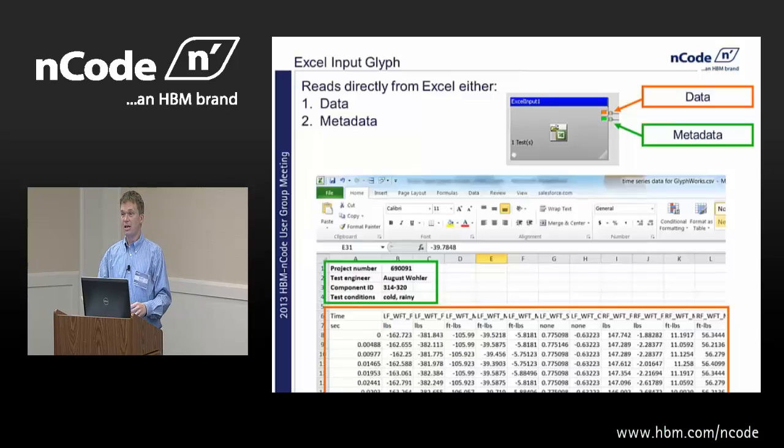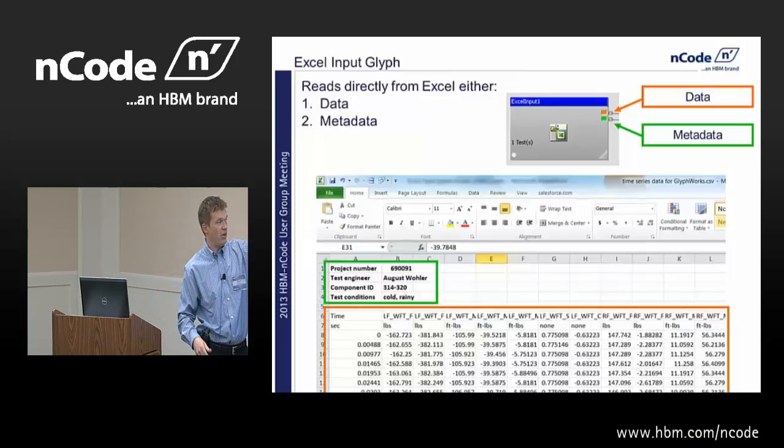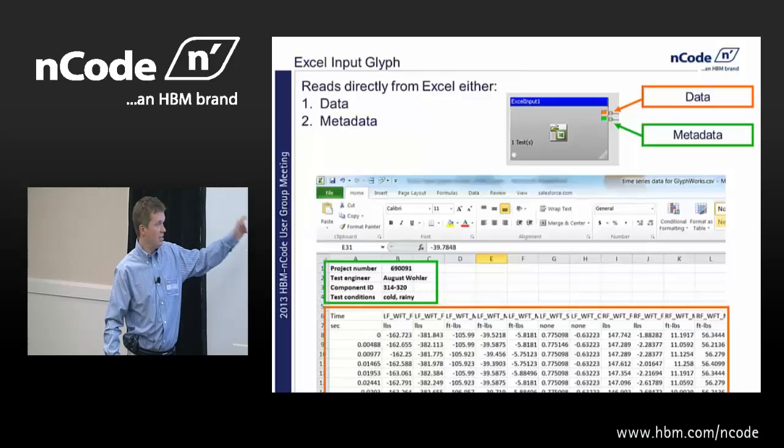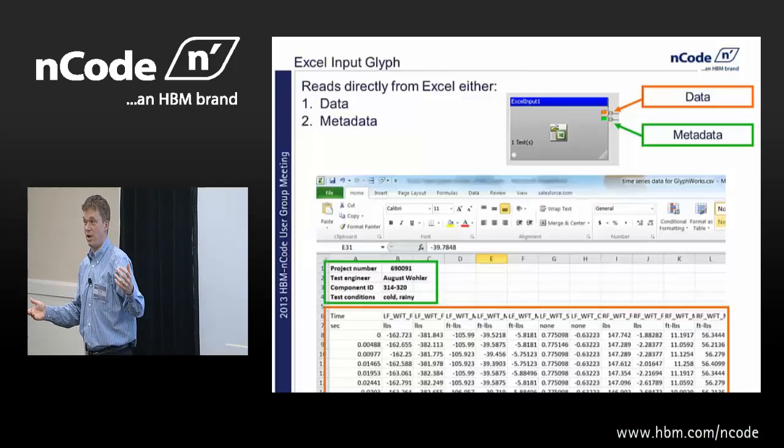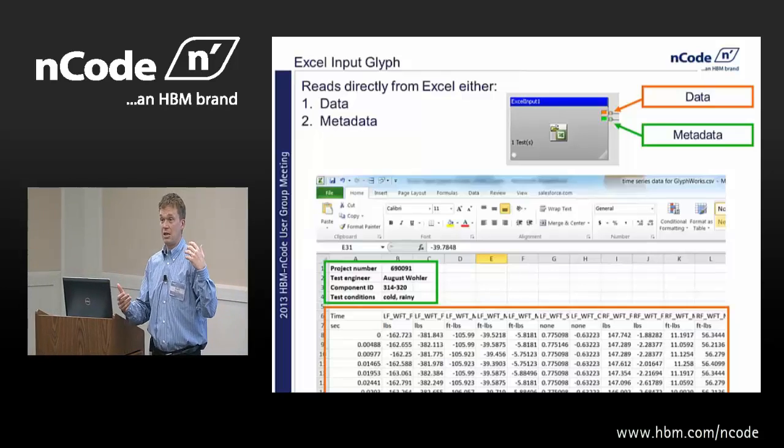Data or metadata. Who's ever used an Excel input glyph? Okay, good. Those of you who haven't, you're going to learn a bit. Those of you who have, maybe you'll find something new along the way. Say I have this spreadsheet right here. Everyone's got a spreadsheet, right? And the question that people have is, can GlyphWorks